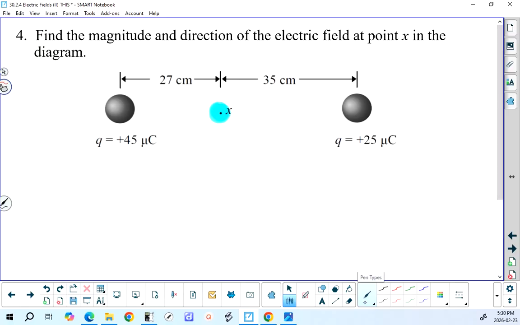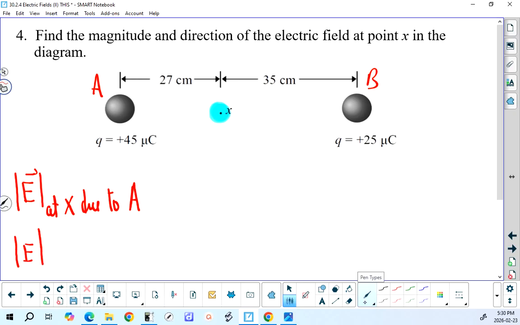I'm going to label this as source A and source B. And we can certainly calculate the magnitude of the electric field at x due to source A. And we can also calculate the electric field, the magnitude of it, at x